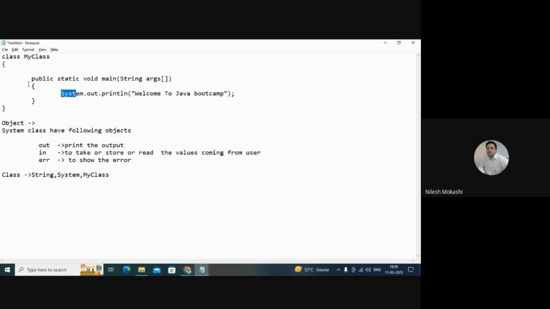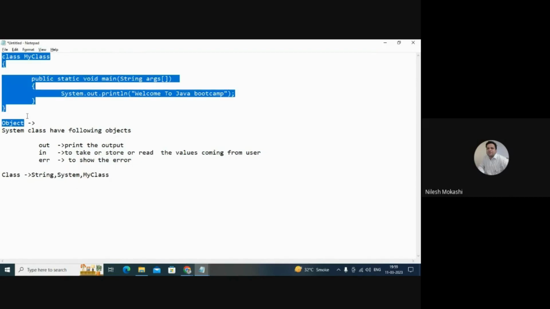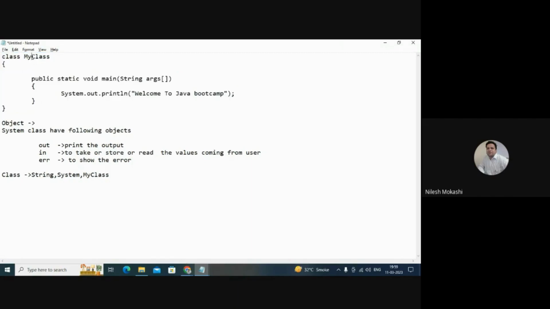I can see in this program I have 3 words which start with a capital letter: MyClass, M is capital; String, S is capital; System, S is capital. So I don't have to remember which is the class and which is the method, because Java makes it very clear that if the first letter of the word is capital, then that is a class. So I have 3 classes in my example.